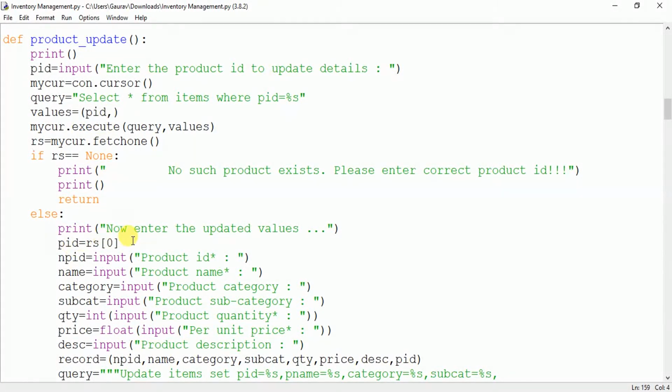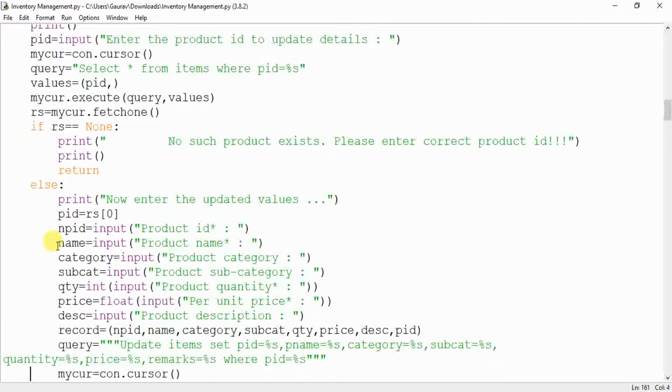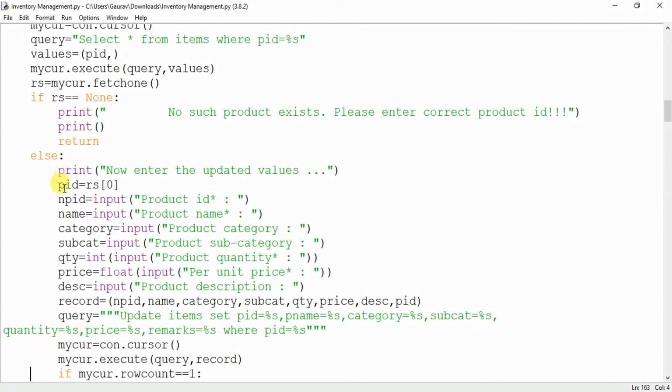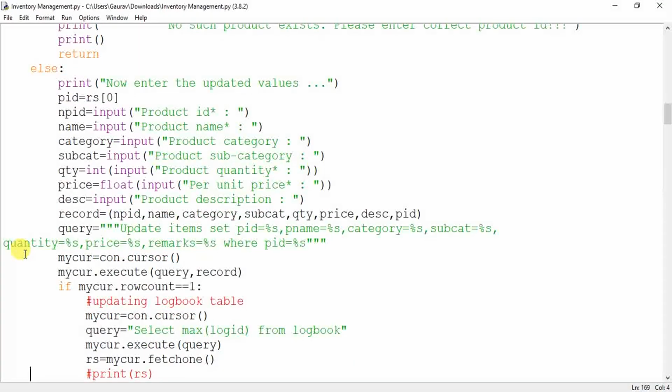Otherwise, you will ask the user to enter the correct values, but you will not ask for the PID again, because the PID is auto generated, so it will remain the same. But if you want to update it, you can get the new product ID and it will be updated, and then you will get the new name, new category, and so on, and you will run the update query. In place of the insert into query, you will run update.